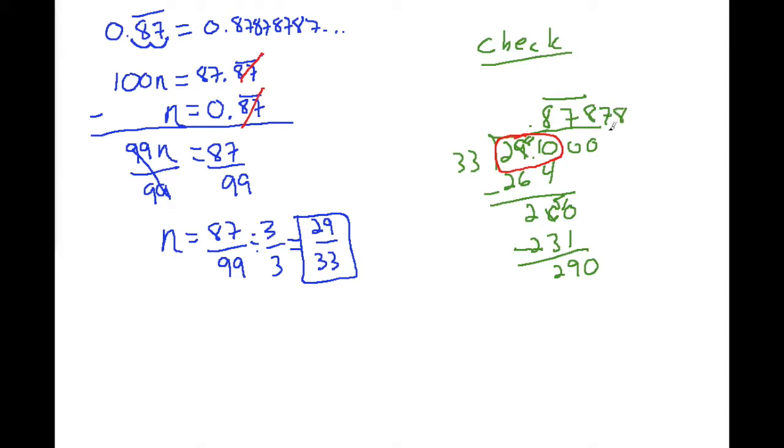So let's do another one. I just want to show something different than the last example, so let's do one with 3 repeating decimals. So let's just say 0.622 repeating. Okay, so like I said in the previous example, what you're going to want to do is look at